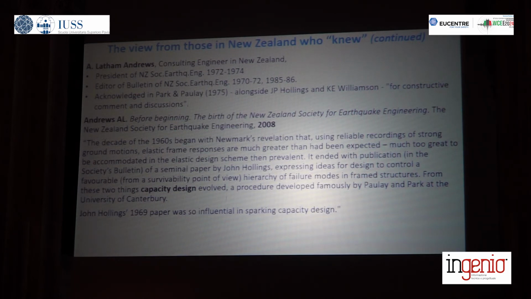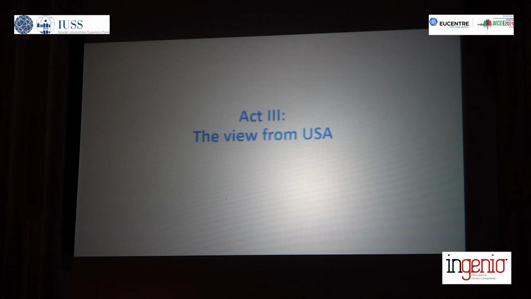and that realization led to the introduction of the force reduction factor, what is called behavior factor in seismic design. So, Andrews says that the proposal for capacity design by Hollings at the end of the decade was as important as the concept of the force reduction factor introduced by Newmark. So, this is the end of the New Zealand part of the story,